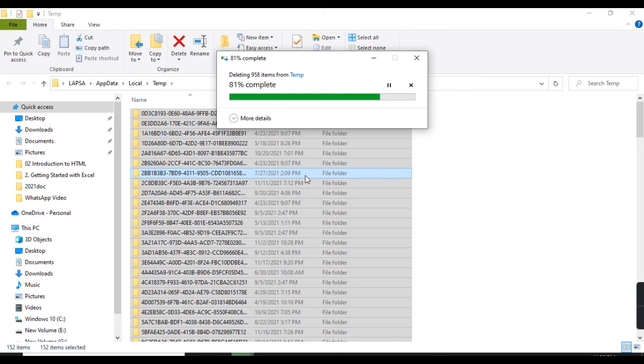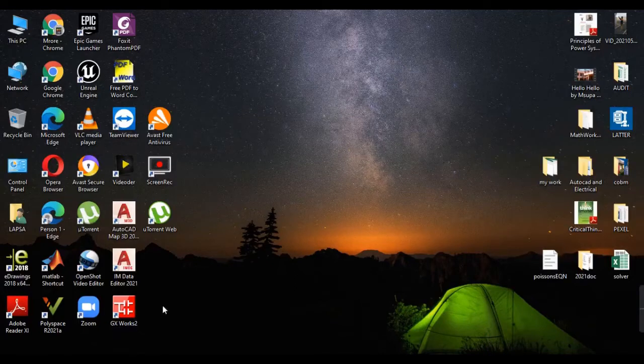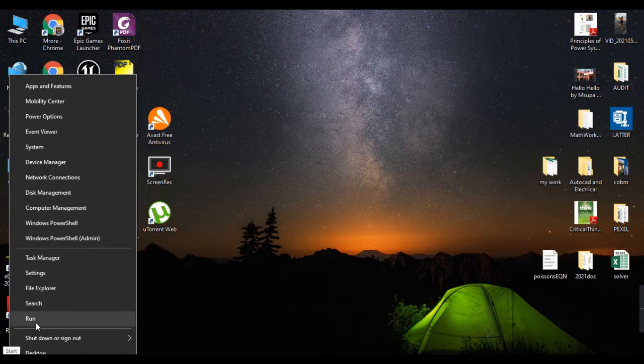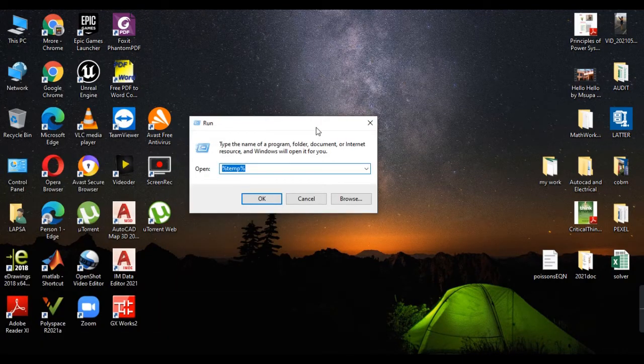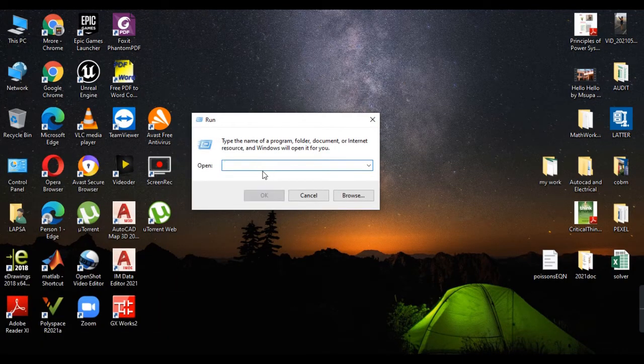After finishing, you will see your system running fast like a new machine, like ever. New machine like ever. And that is it. As it finishes, you are okay to move to the next step. It's another way to do the cleanup in our system. Let's hit the start key, then come to the run, then let's type the